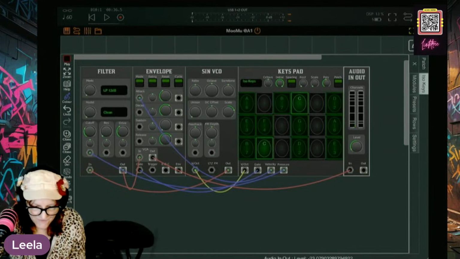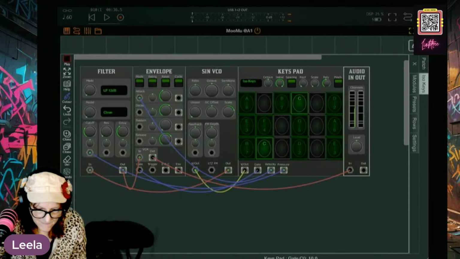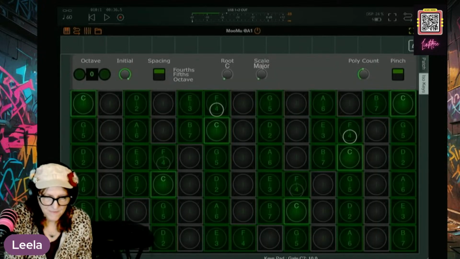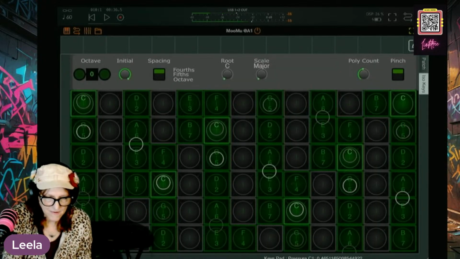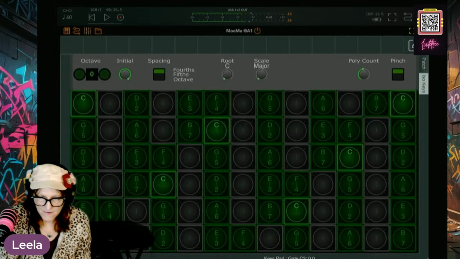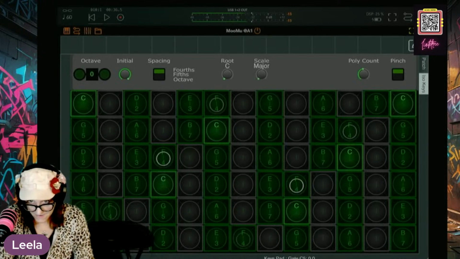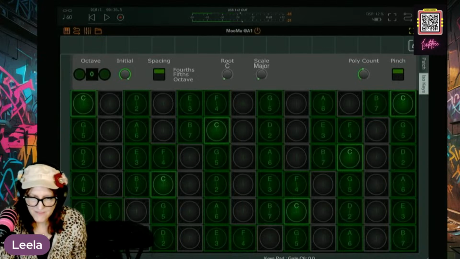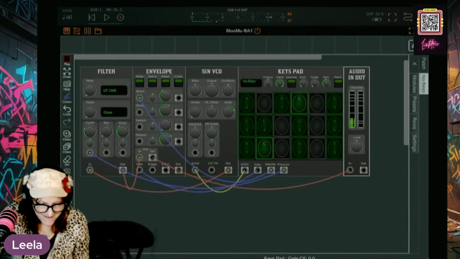Oh, our level's all the way down. There we go. Let's bring our keys up. But not much going on.